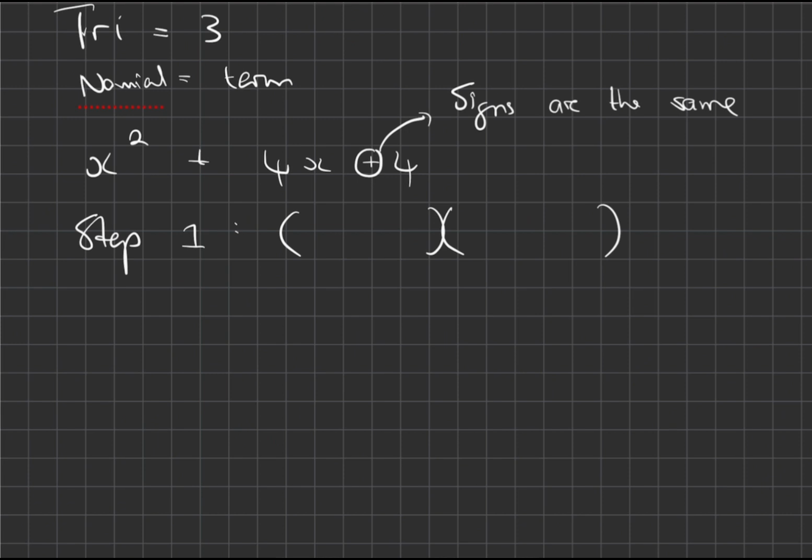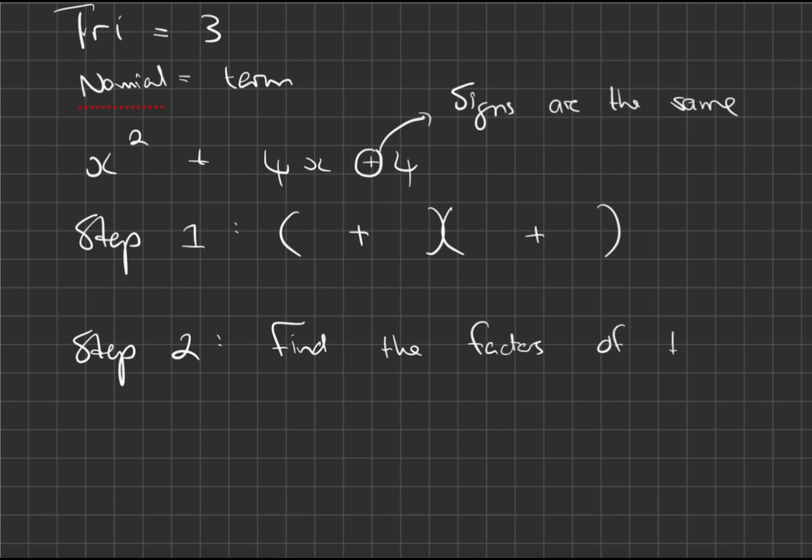What you're going to do is you just look at this term here. Is this term positive or is it negative? It's positive. So it being positive tells us that, okay, we have two positive signs. Okay, that's step one. Step two would be find the factors